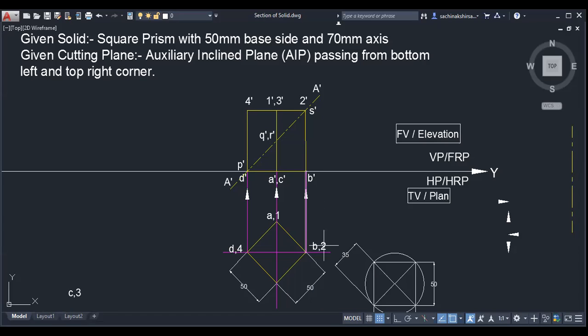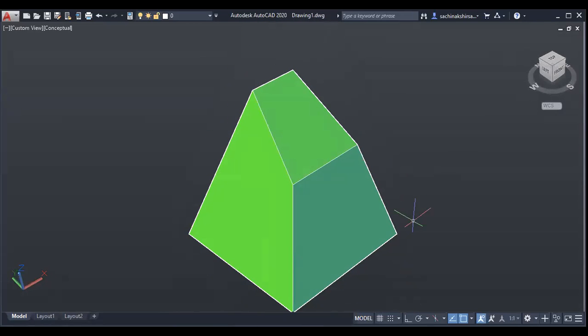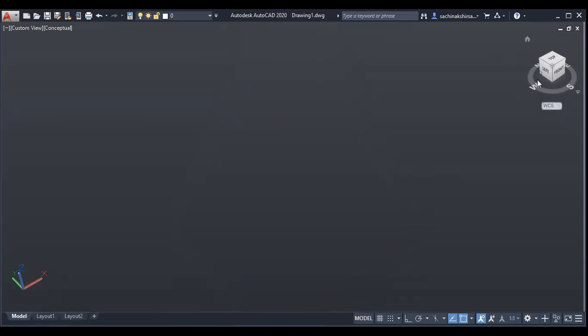Middle. Where is it? Middle where? Before that, if you are unable to understand, the problem is a little difficult, so I will show here how it is. Okay, so